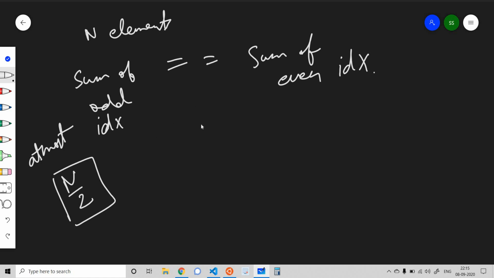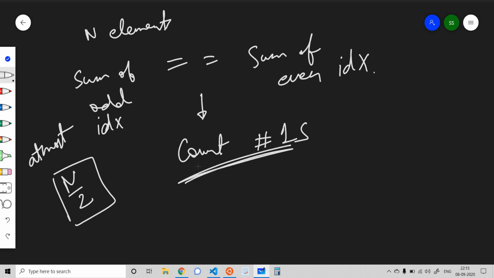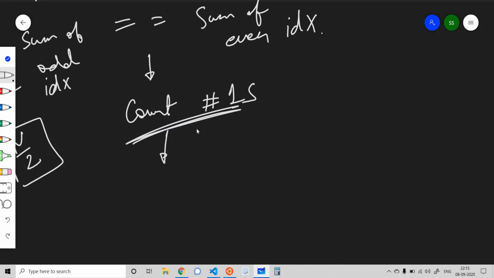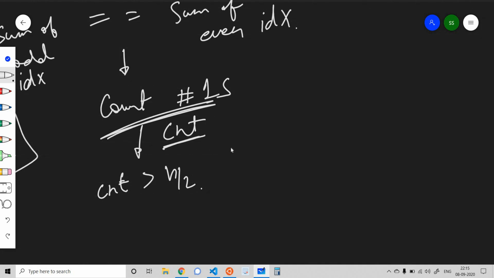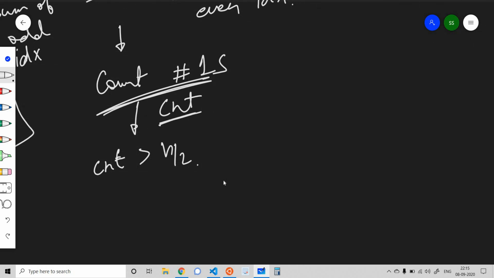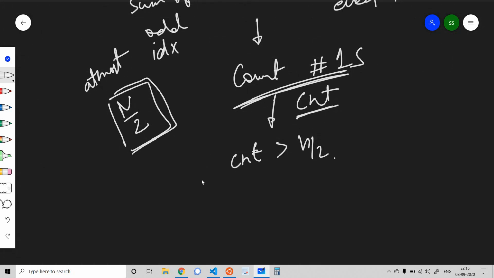So let us first count the number of ones present in our array. Let's call it count. If count is greater than n by 2, it means the ones in our array are more than n by 2, and we can delete at most n by 2 elements.